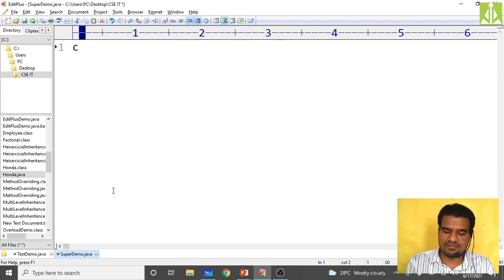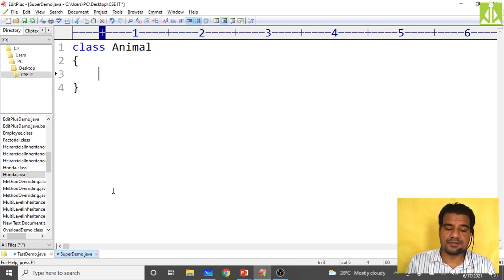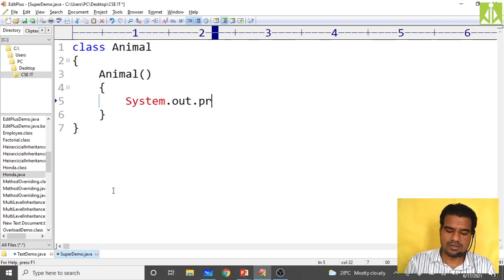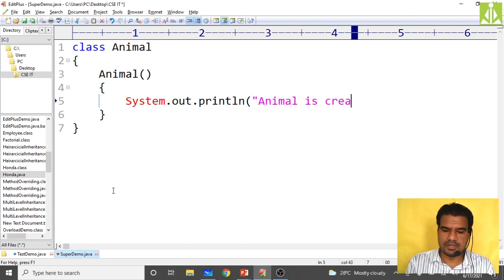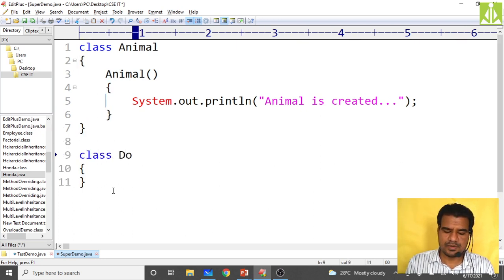So first we have the animal class, Animal, and in it I am keeping that constructor, Animal(), and inside it I am keeping System.out.println("animal is created"). Next, come down and create the dog class, extending from Animal.